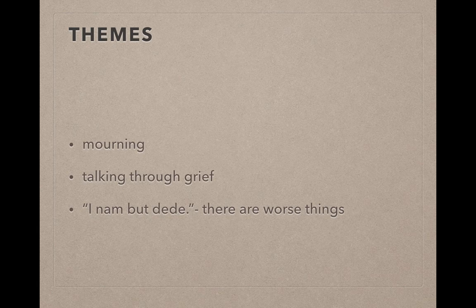And the narrator says, well, did she cheat on you? No. Did she stop loving you? No. So she's dead. She died of illness. She died of the plague, as a matter of fact, as so many people did. And so she's dead, but that's so much better than if she was dead and she had left you, or if she was dead and she had cheated on you, she had lied to you, she had deceived you. So it was actually a beautiful marriage, and she died. And that is not the worst way for a marriage to end.